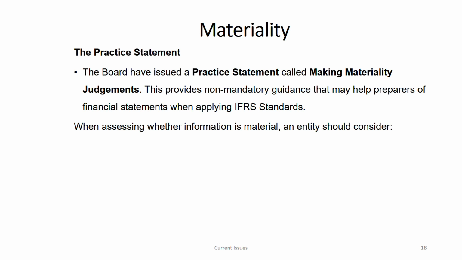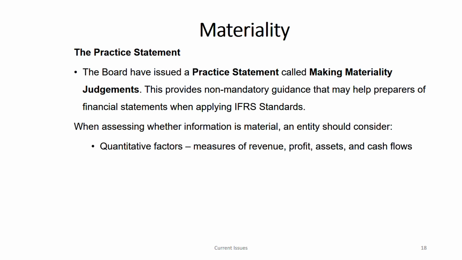I'm sure that all of you know the definition of material. If you don't know, briefly, the definition is that if you omit or conceal some information from the financial statements, the impact is very significant. That means the decisions that the investors make based on the financial statements could be very significant once you omit or conceal that information. That is the meaning of material. It could change their decision if that information had been included. So that's just the definition.